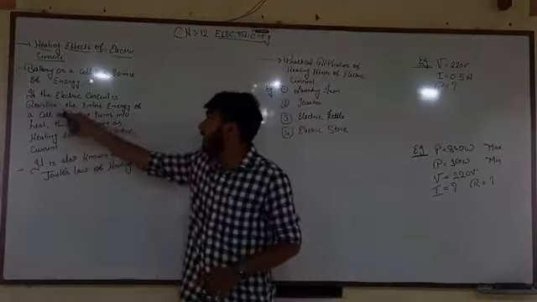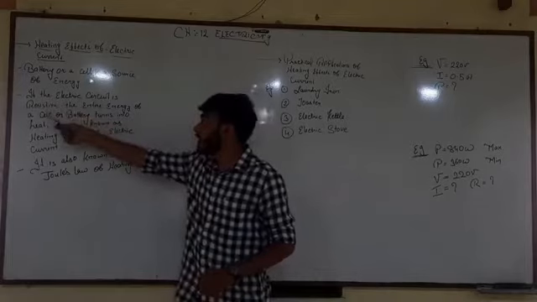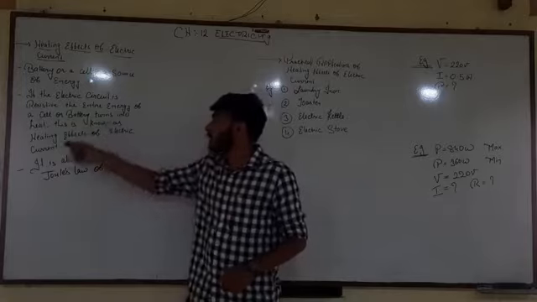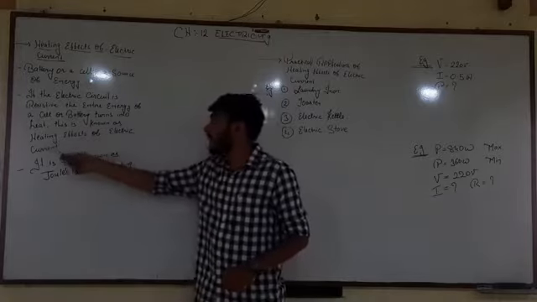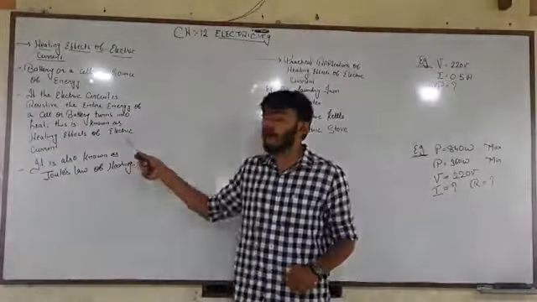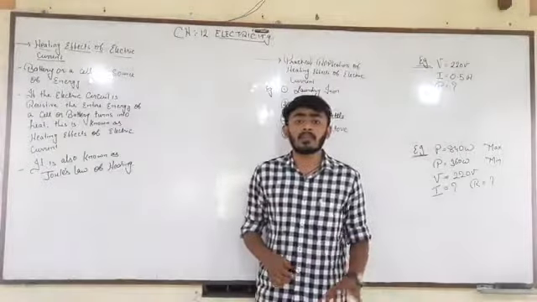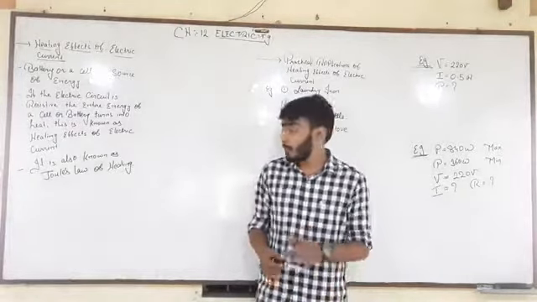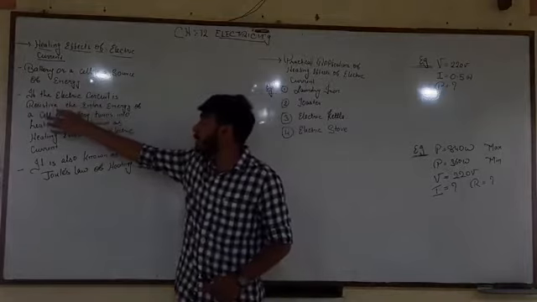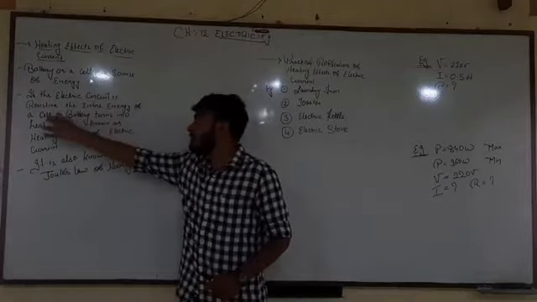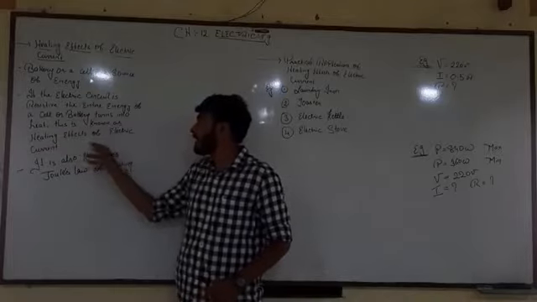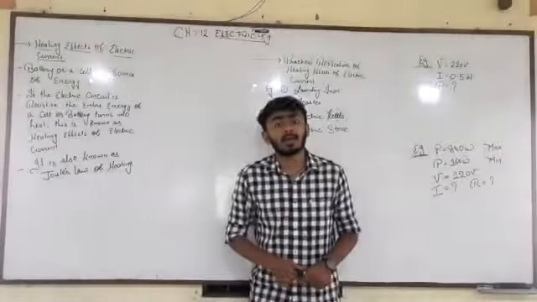So if the electric circuit is purely resistive, the entire energy of a cell or a battery turns into heat, and this is known as heating effects of electric current. Please note this definition. It is important to write in the examination if it is asked. I am repeating this: if the electric circuit is resistive, the entire energy of a cell or a battery turns into heat, and this is known as heating effects of electric current.